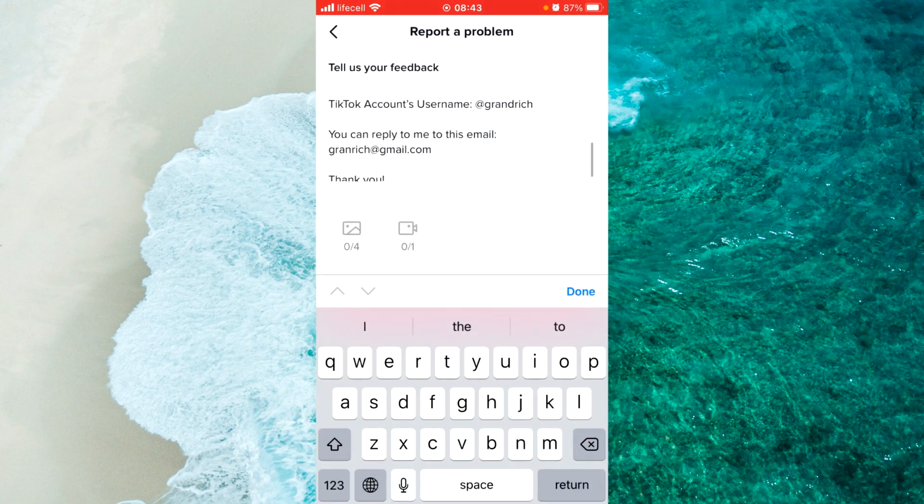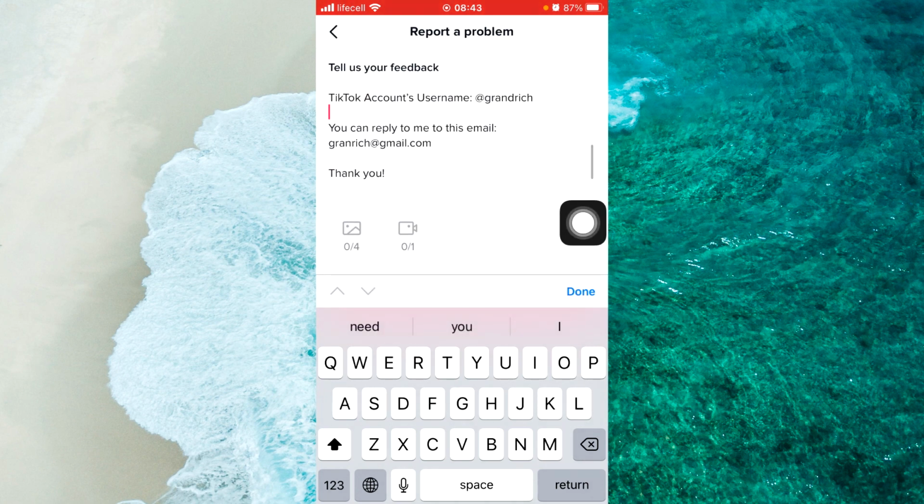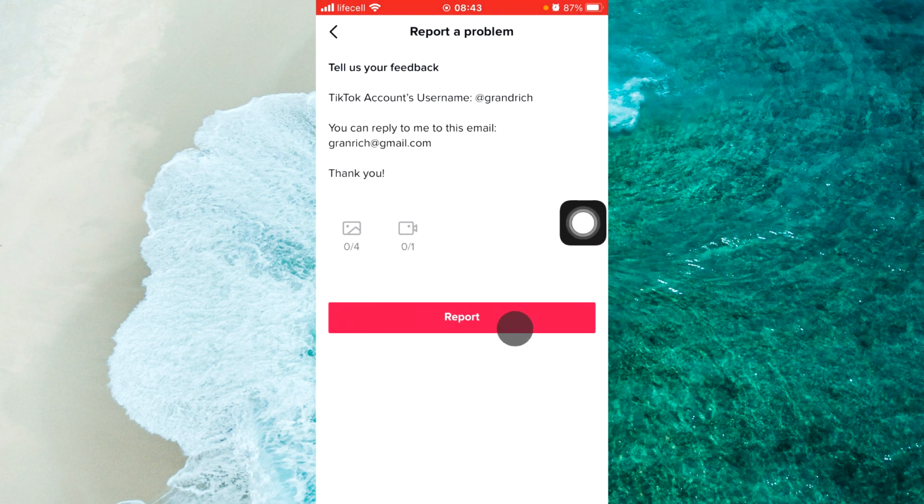And now you should enter your TikTok account's username, that you forgot your password and you don't have access to your email or phone number. Then you should enter something like you can reply to me to this email and enter your email address, and then of course say thank you. If you have some screenshot about your account, you can upload here for screenshots about your account. Then when you finish, tap on done and of course tap on report, and then just wait for the